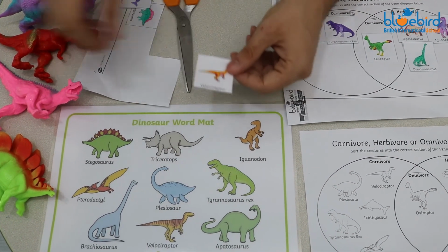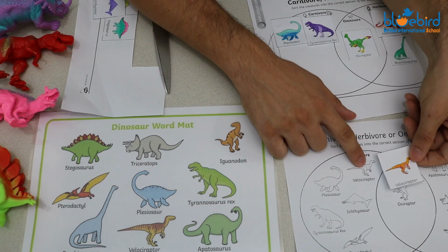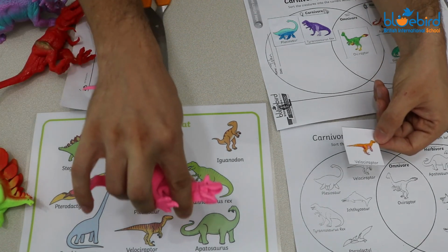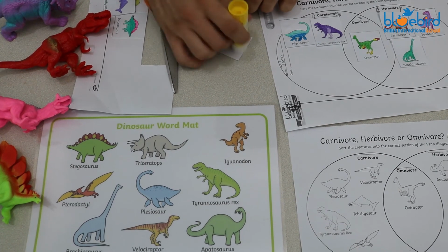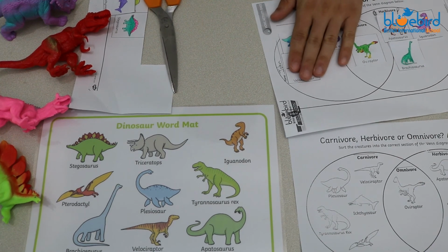And since this one kind of looks like the T-Rex, I would assume it's in the carnivores, right? Yes, here it is. In the carnivores, they have those big mouth and the sharp teeth to chomp, chomp, chomp the meat. They like chicken and steak, hamburgers, all sorts of good stuff. I don't want to cover up my name, so I'll put it here